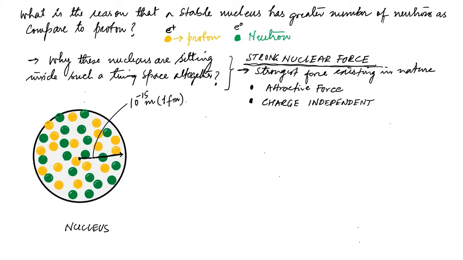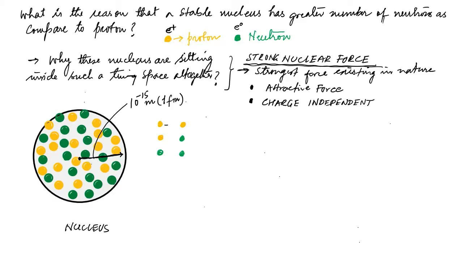Neutron is a neutral particle. So protons are also affected by the Coulomb repulsion force. But this strong nuclear force, whether it is between a proton and a proton, or a proton and a neutron, or a neutron and a neutron,